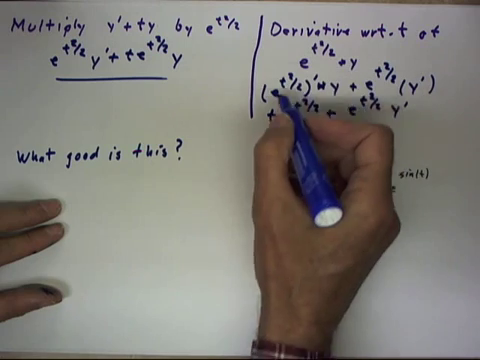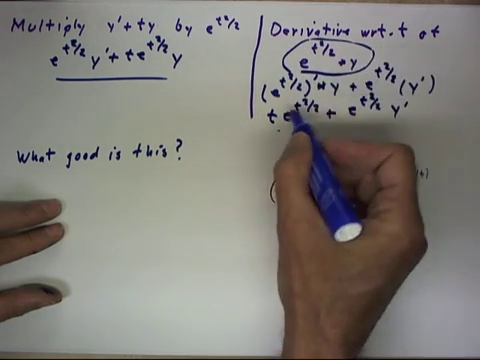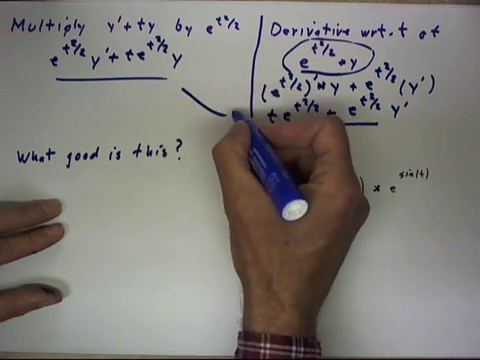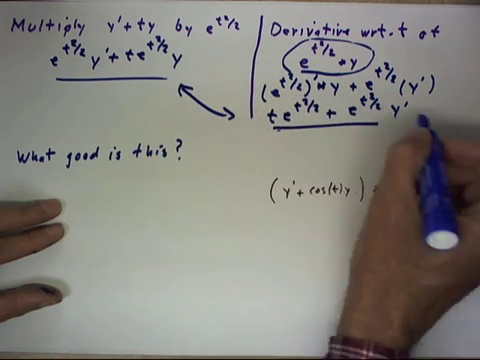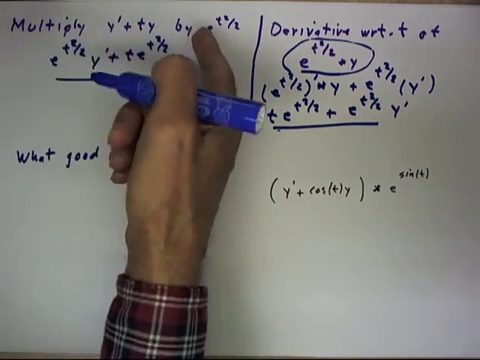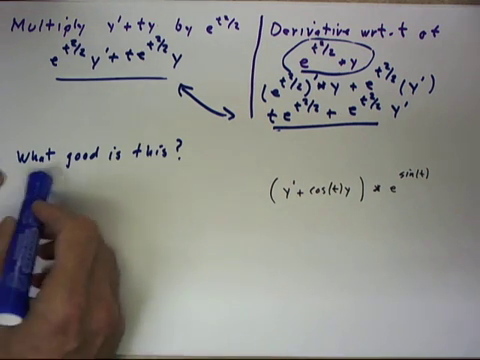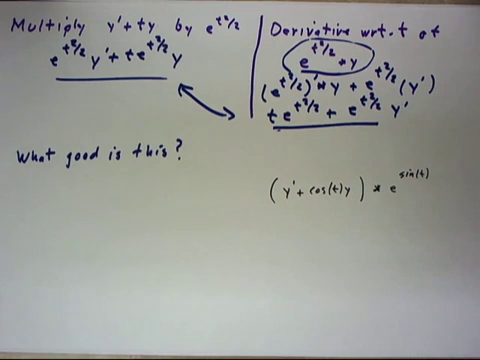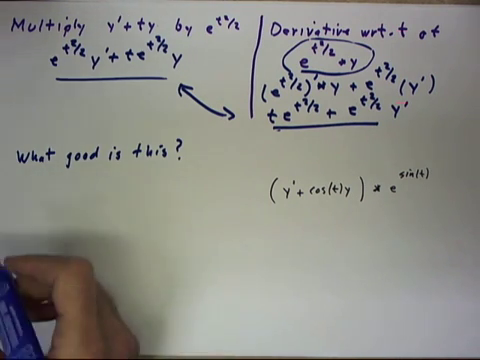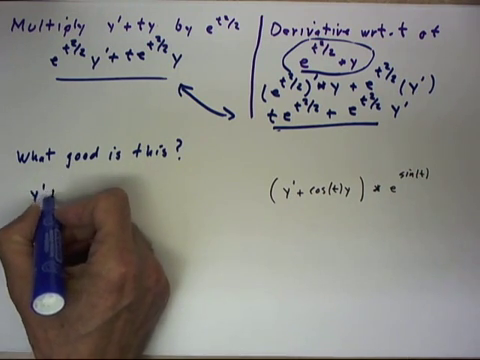Now, we notice that the derivative of this expression here is identical, except for the order in which the terms have been written, to what we get when we multiply this expression by e to the t squared over 2. Now that's going to turn out to be a big deal, as you'll see shortly. So the question now is, what good is this? Okay, well, the answer to that is, if we have the equation y prime,